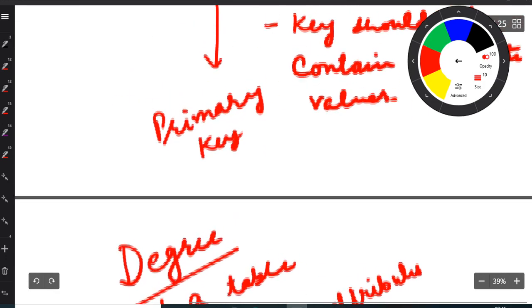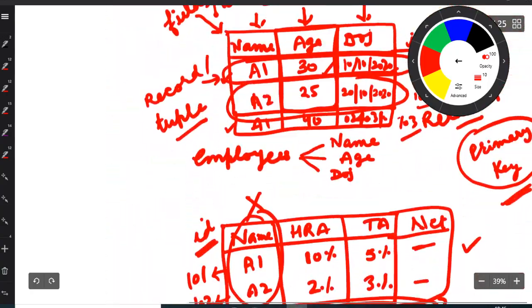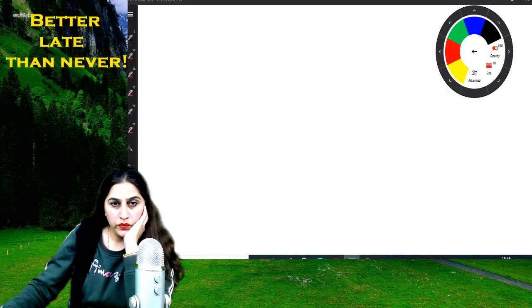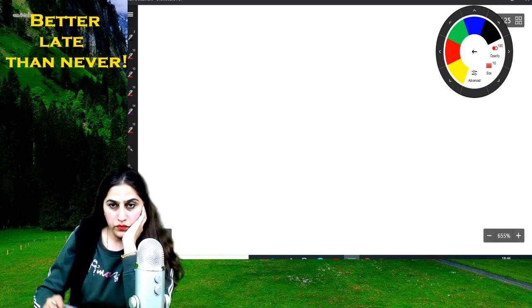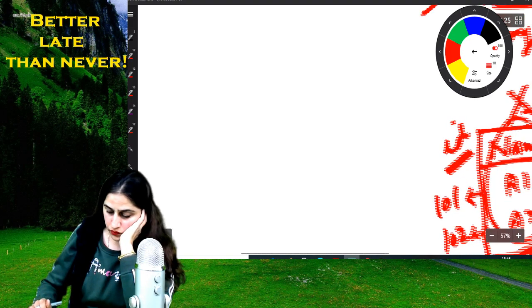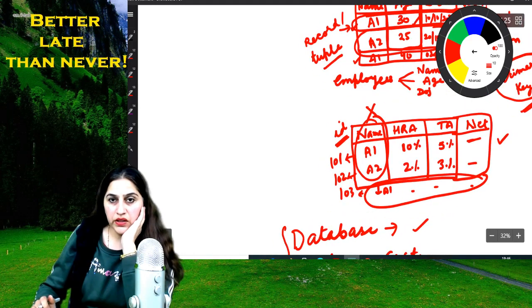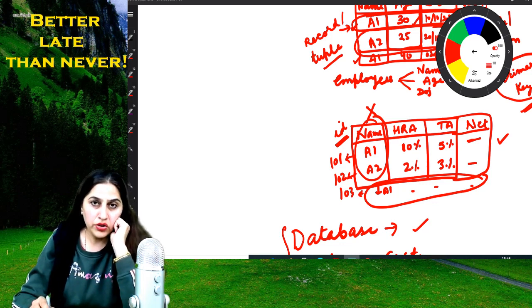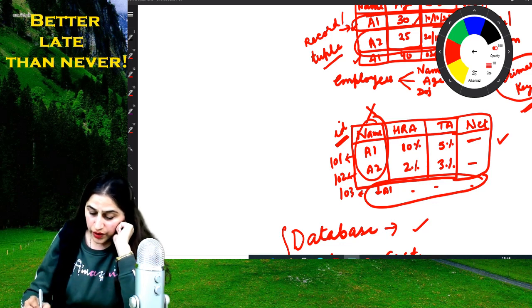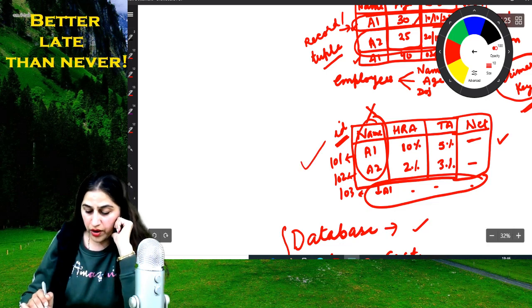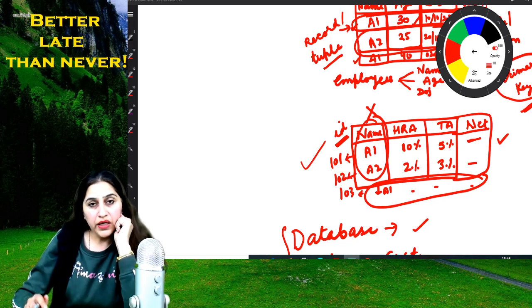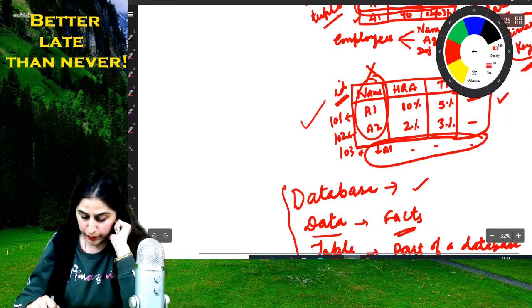Now, according to our table, table 1, I can say the degree is 4. Degree is 4 because the number of attributes in table 1 are 4: name, age, DOJ and ID. This way, this table will also have degree 4: ID, HR, TA and net. Now degree means number of attributes in a table.